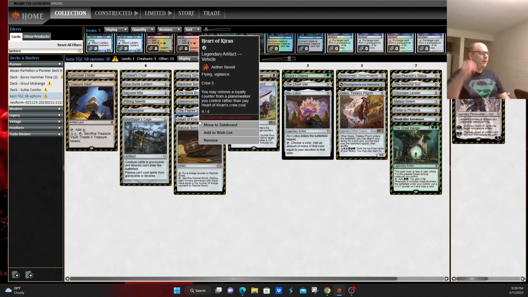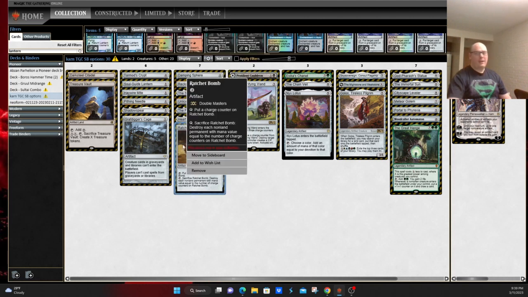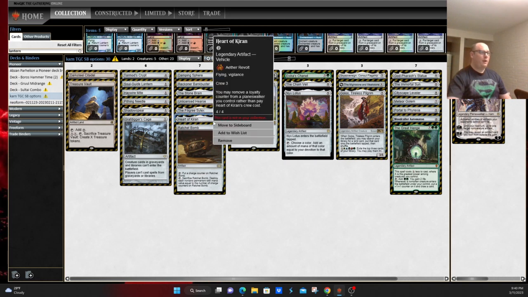Speaking of Ratchet Bomb, good way to clear out some early things, good way to clear out tokens against something like Creativity. Also fairly decent against low to the ground aggro or auras decks. Kind of a pseudo board wipe in those cases. Heart of Kirin